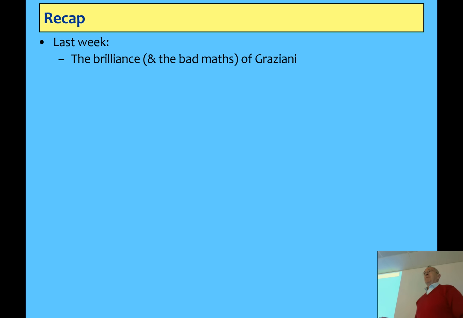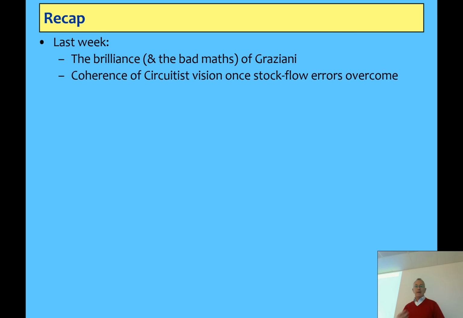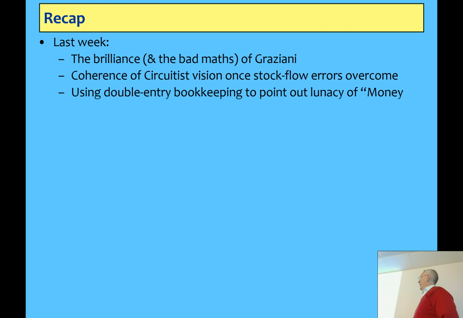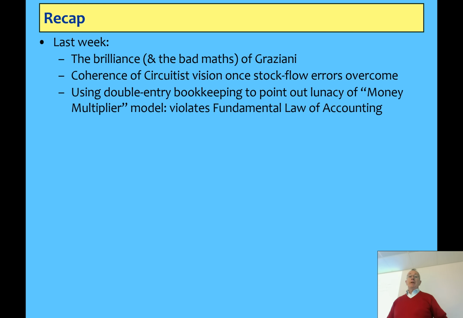If you want to get further into the mathematics of what I'm doing, I highly recommend doing a course with an actual maths department rather than putting up with what they teach you on quantitative methods in economics. Once you got rid of the bad maths, you got a very coherent vision. Getting rid of the mistakes that were made, which were basically stock flow identification errors, you end up with a very coherent model of money dynamics. And it's where I developed the whole idea of double entry bookkeeping. I didn't realise the importance of it until I was developing Minsky.